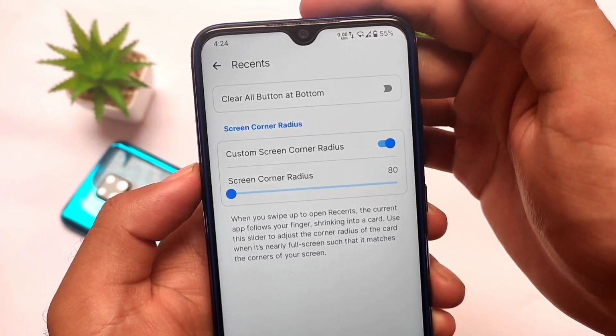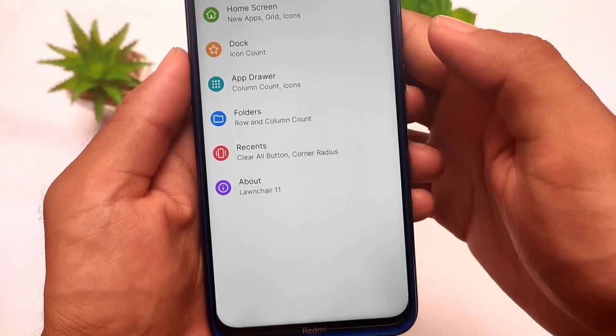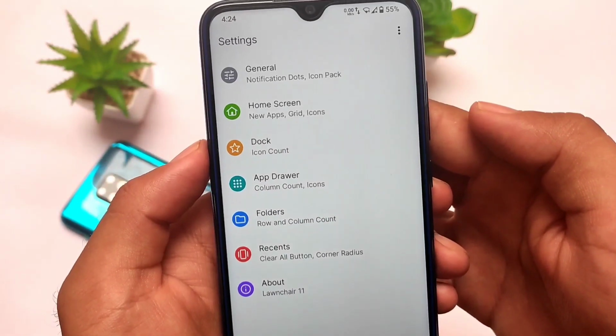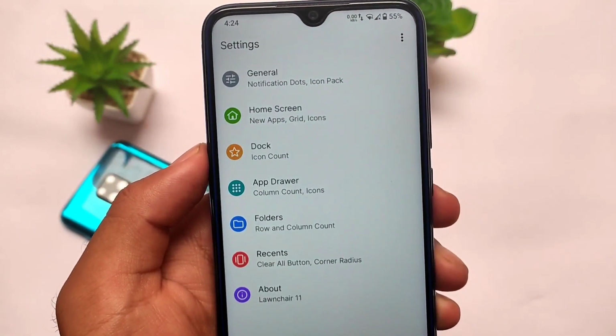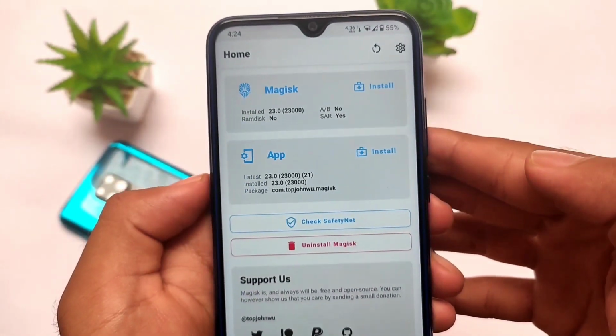If you are non-rooted and you just want to install it on other devices, and if you use navigation bar buttons, you can install it as a simple APK file. But if you are rooted and you want to use the full screen gestures and are using Android 10 or Android 11, then you need to try out a Magisk module.